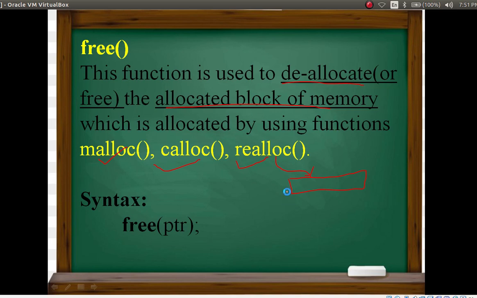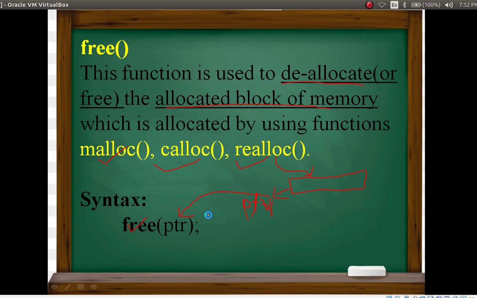Okay, and this memory has to be stored in some variable, right? That variable is a pointer variable. This pointer variable holds this address. So what you have to do is just delete this memory. How? With the help of the free function followed by the pointer variable name.